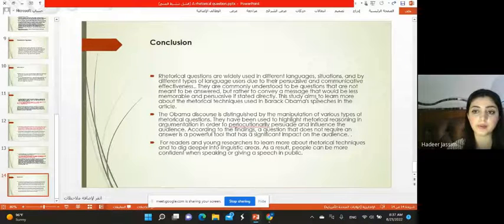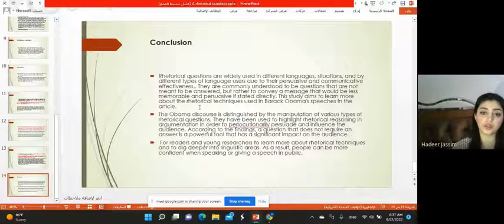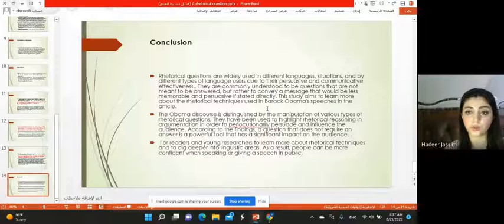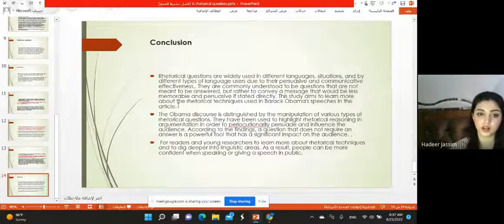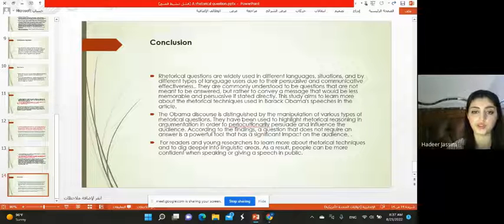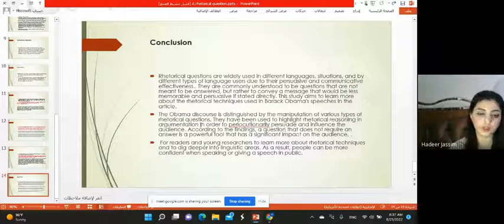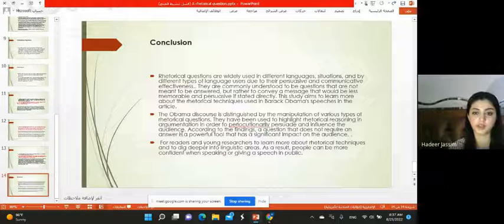This study aims to learn more about the rhetorical questions used in Barack Obama's speeches in this article. The Obama discourse is distinguished by manipulation of various types of rhetorical questions. They have been used to highlight rhetorical reasoning in argumentation in order to perlocutionarily persuade and influence the audience. According to the findings, a question that does not require an answer is a powerful tool that has a significant